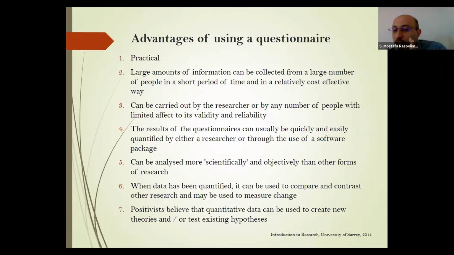Different types of knowledge, different types of research always have some advantages and disadvantages. And we need to pick suitable research method and tool based on our research objective, what we want to do. Okay? And the most important thing is to justify